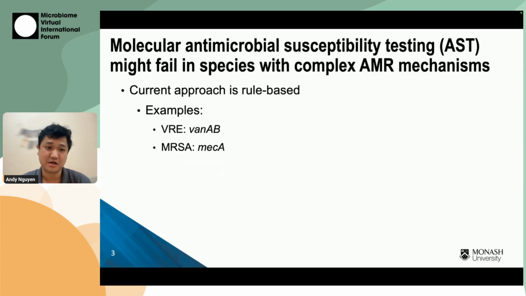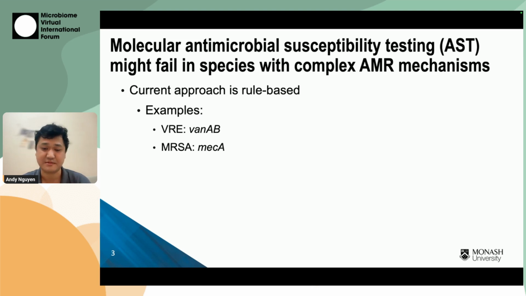Amongst them, the molecular AST method is one of the promising approaches. However, the current approach is rules-based, which relies on the presence or absence of some AMR determinants to determine AMR. For example, there are some very famous examples, like the mutation in vanA or vanB in vancomycin-resistant Enterococcus faecium, or the mecA gene in MRSA, methicillin-resistant Staph aureus. However,